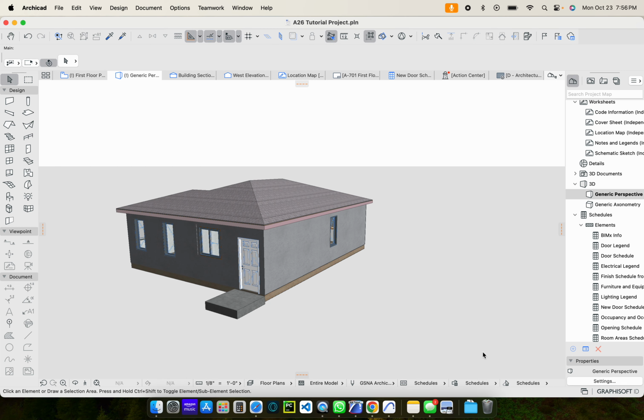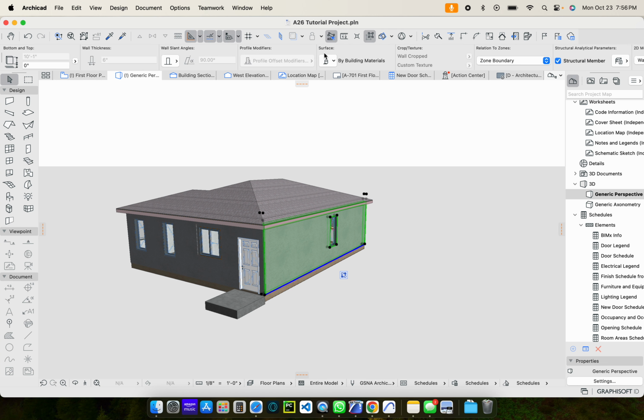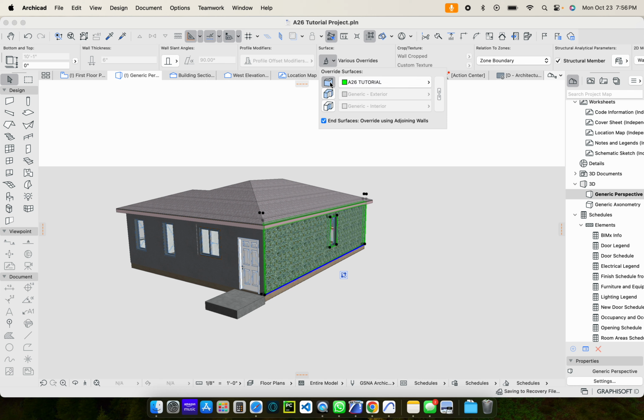Anyway, so I'm going to hit OK, and then what we've done now at this point is just create that surface. Now we want to apply it to this wall. So the way we're going to do that is we're going to select the wall first, and then we're going to go to the bottom toolbar, and then we're going to go to surface, and then first click on the surface side, or the face that